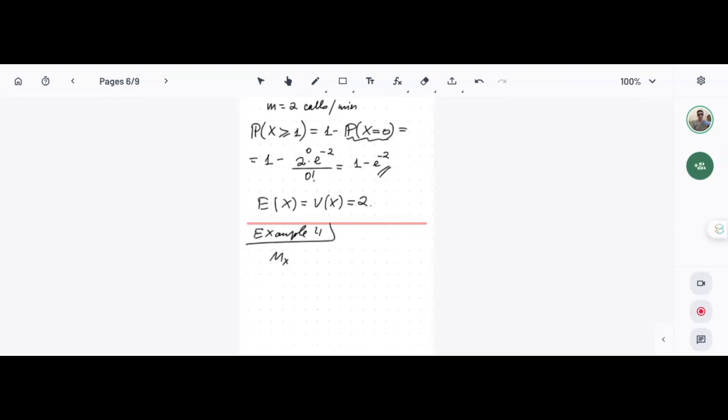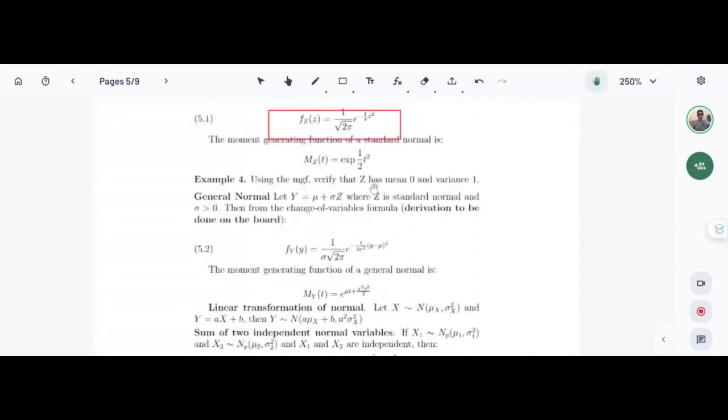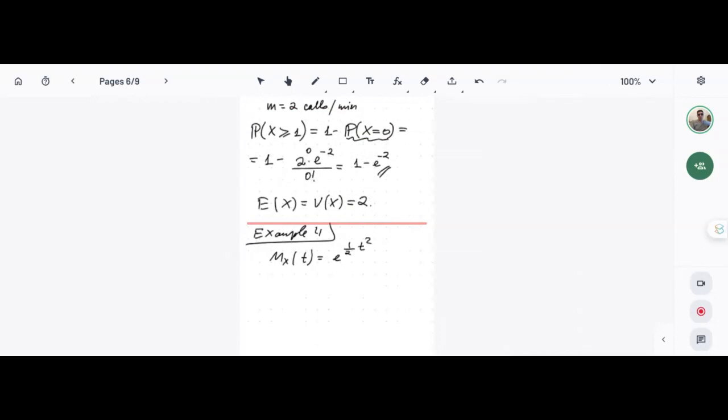So basically, the moment generating function is equal to e to the power 1 over 2 t squared. If you want to find the expectation, we know that the expectation of x, actually here we are talking about the random variable z, not x. So let me use z notation here. The expectation of z is the derivative of the moment generating function with respect to t, and then you set t equal to 0. So now if you do that,